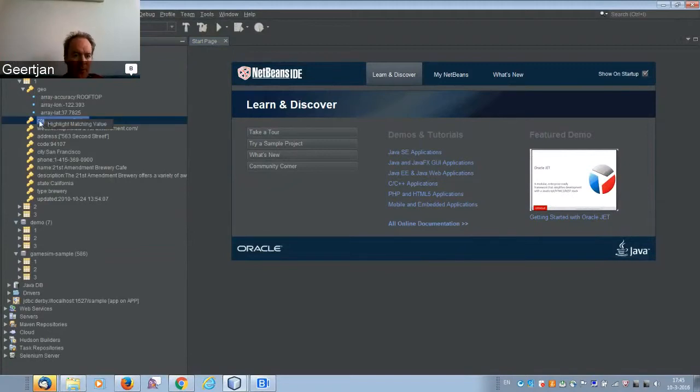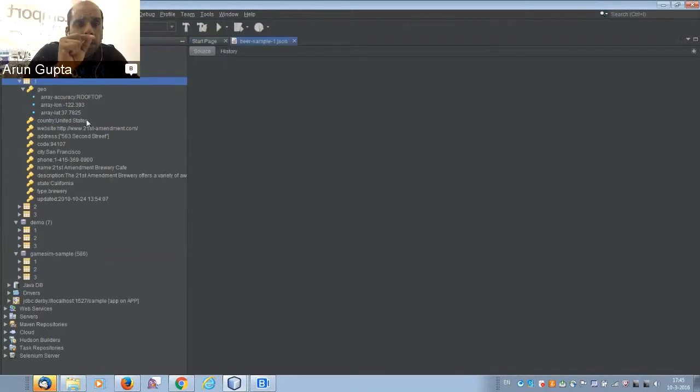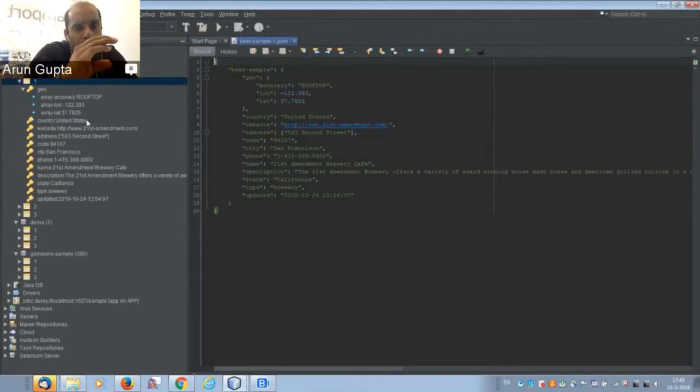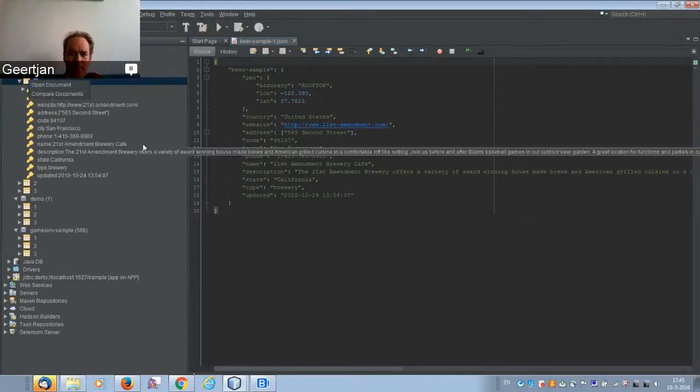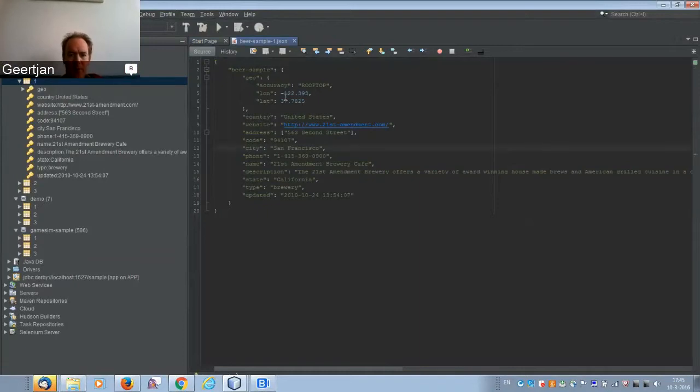We can also open a document. So I'm doing open document now. If I double click on the document, is the default behavior to expand the document or open the document? When I double click on it, it expands into this structure. And when I right click on it and choose open, then it will open.